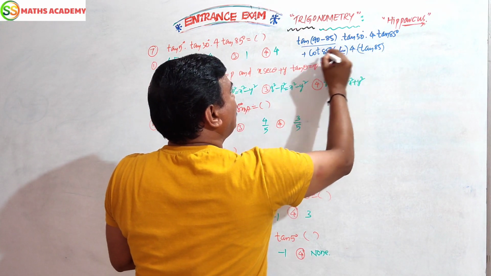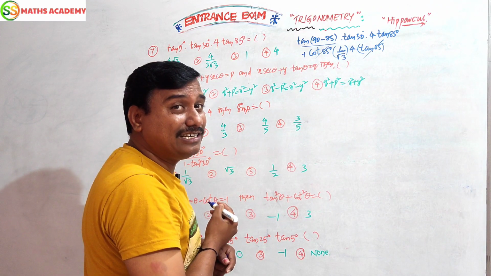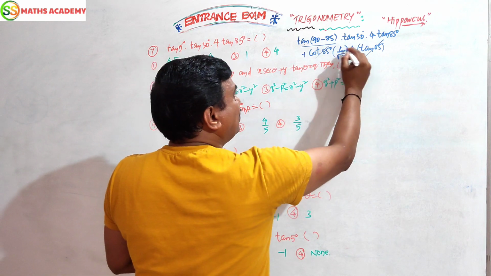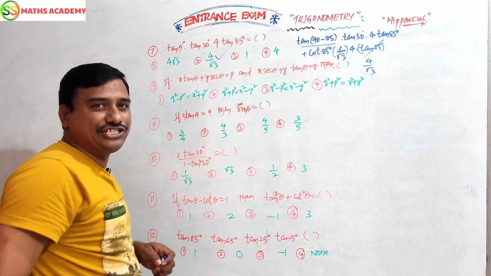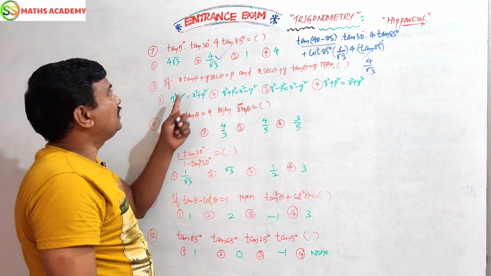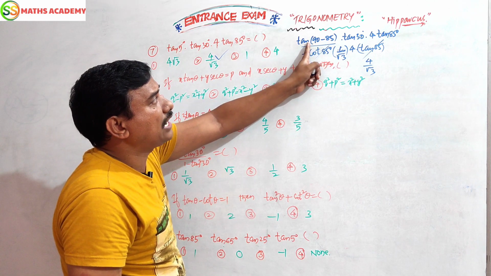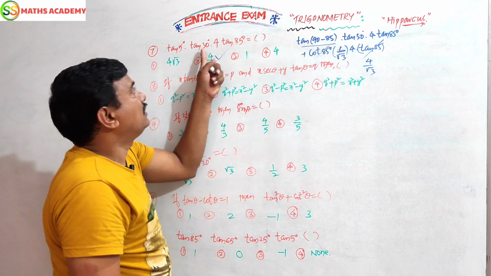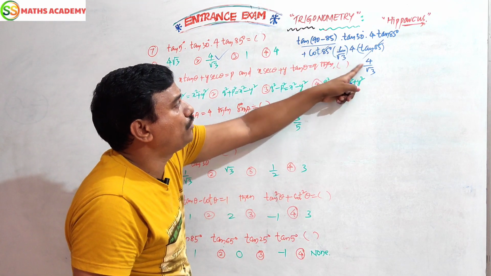These are the values we are getting here. You know tan 85 and cot 85 get cancelled because they are reciprocal to each other. Tan theta equals 1 by cot theta. So both get cancelled. So 1 by root 3 into 4. So the answer is 4 by root 3. Finish. Okay. Next. Children, tan 5 converted into cot of tan of 90 minus 85, nothing but cot 85. These two get cancelled. Tan 30 is 1 by root 3. Here 4. 4 into 1 is 4 by root 3.